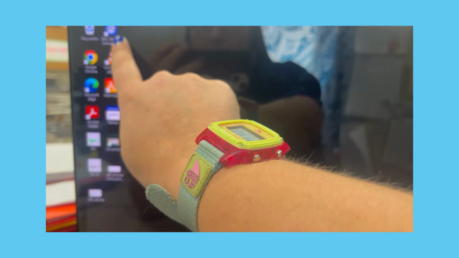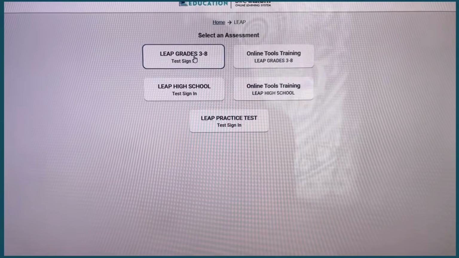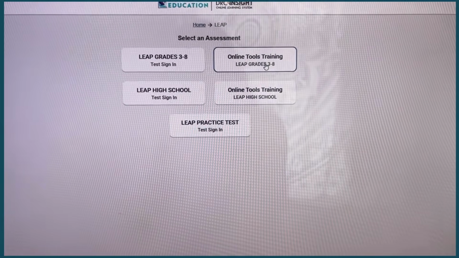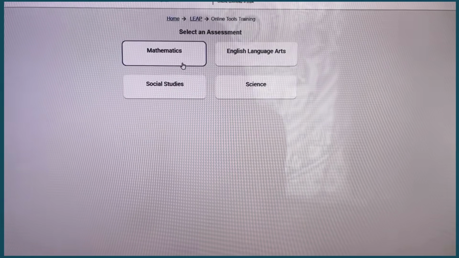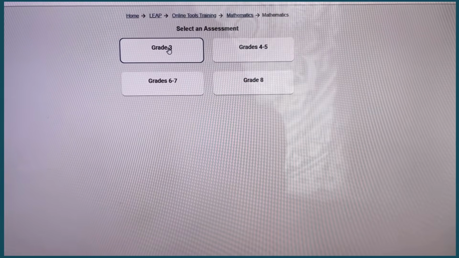Today we're going to do the online training tools with DRC. The first thing you're going to do is double click the DRC Insight app. It's a little bit different, but when you do the online tools training, you'll be clicking on the right hand side, online tools training, and that'll take you into all the subjects where you can go through with your teachers